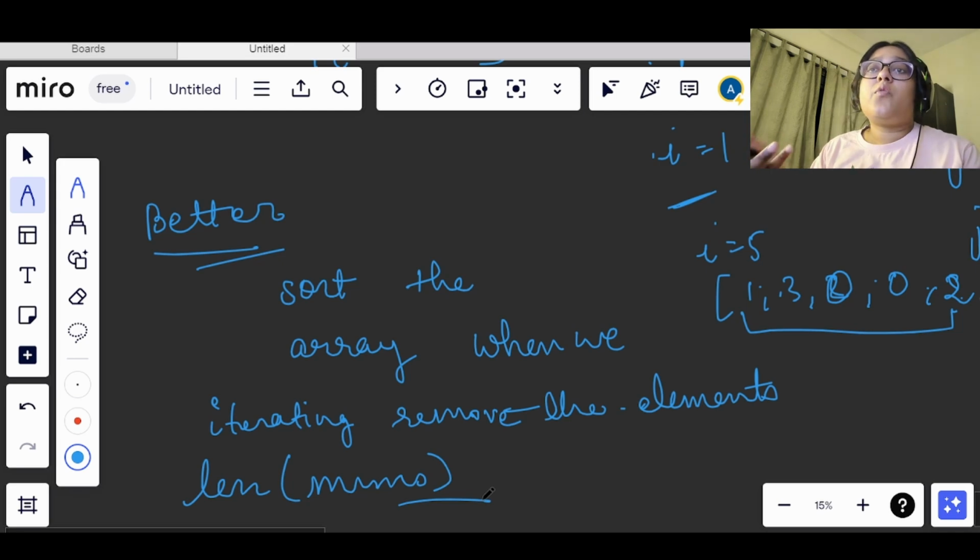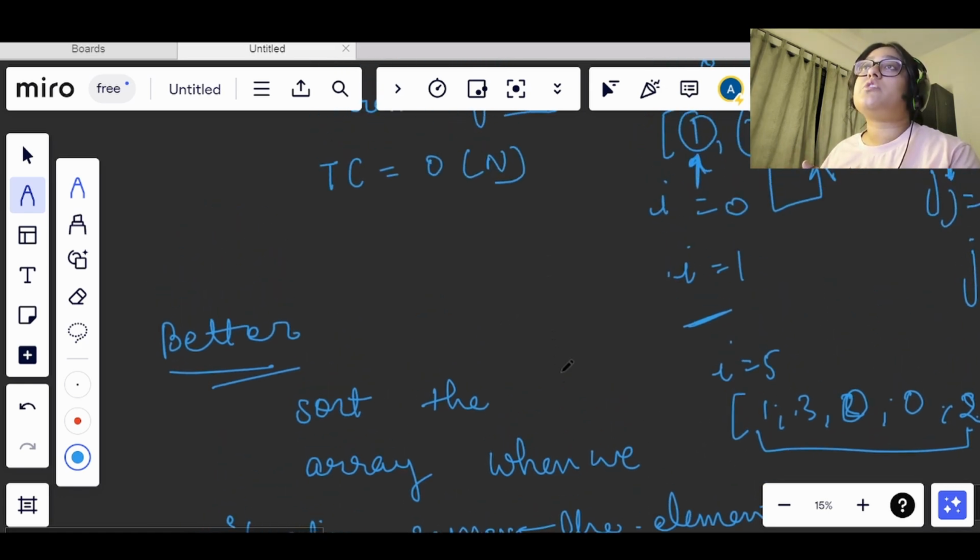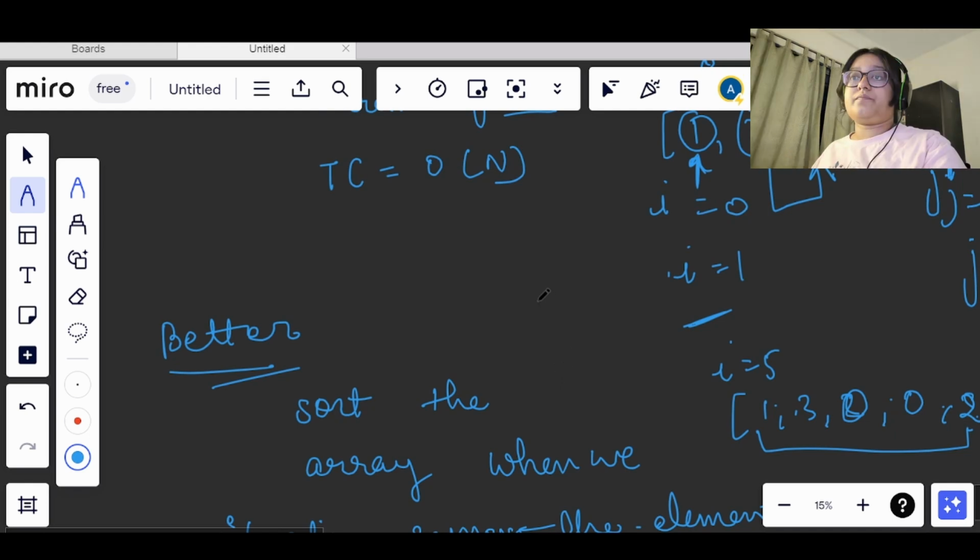Because whatever value we are returning, it only matters that it is the number of elements which are not equal to the value. So even if you are removing the value or shifting the value to the end, it will not matter. The only thing that matters is that the values should be present in the 0 to kth index. Okay, so now let's move on to the code editor, and we will use the optimal approach to solve this. So let's see the code now.